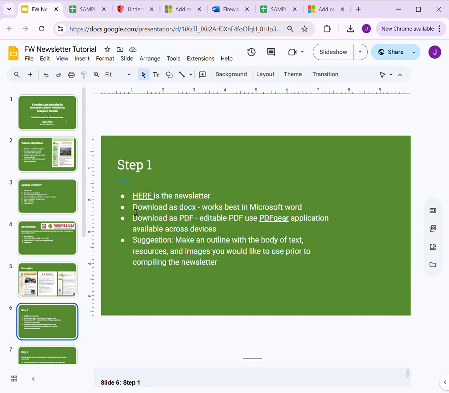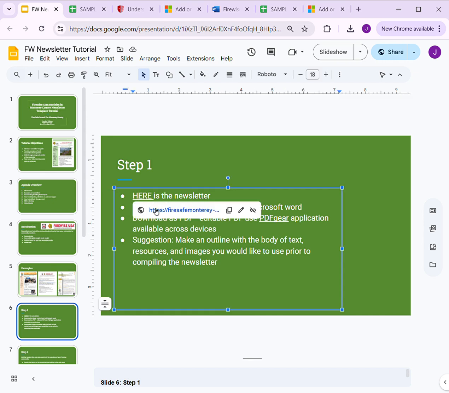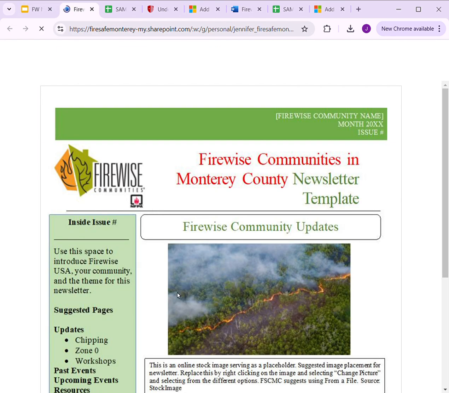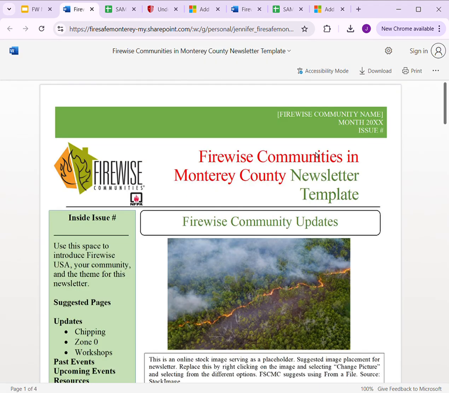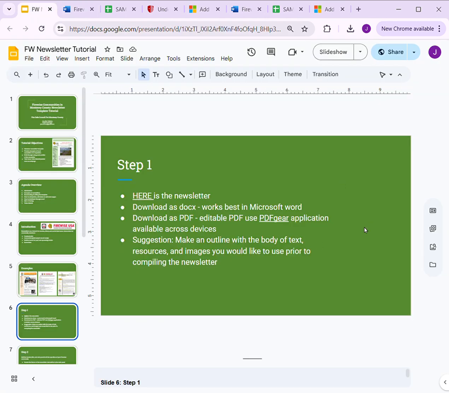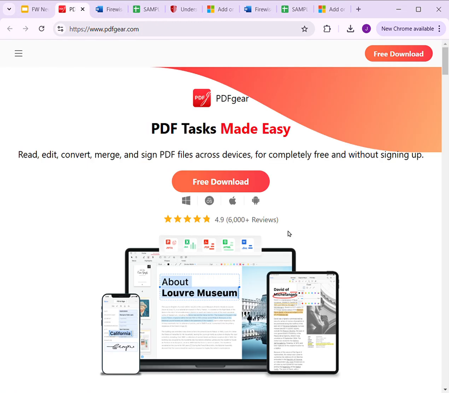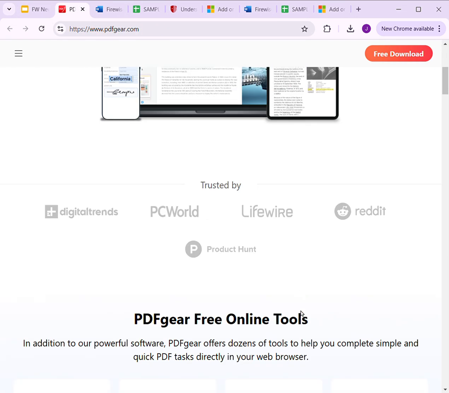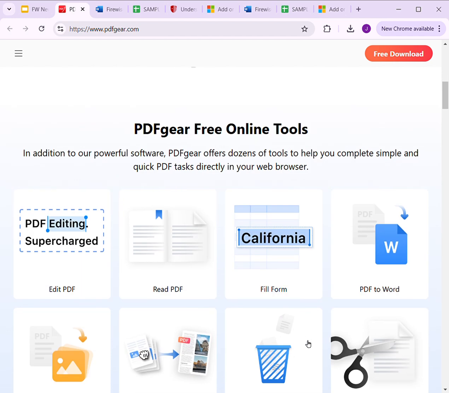So step 1, here is the newsletter available for your download and for your use. You can download it here with this button. You could use it as a Microsoft Word doc, or download it as a PDF and edit it through this application if you don't have Adobe capabilities on your computer, because I know those have associated costs.